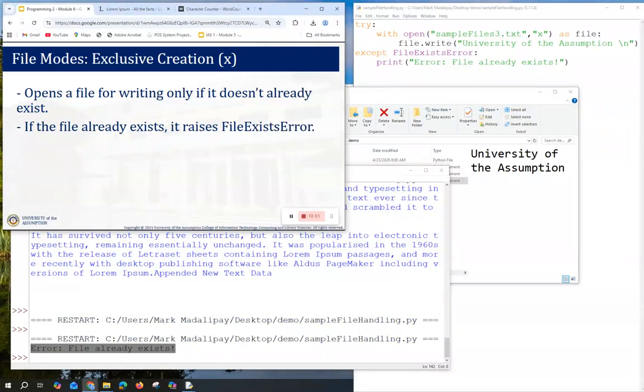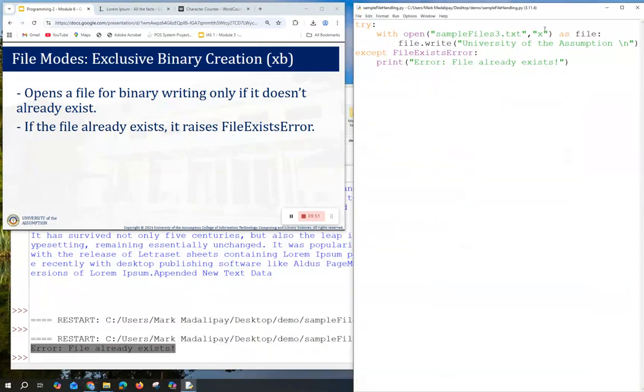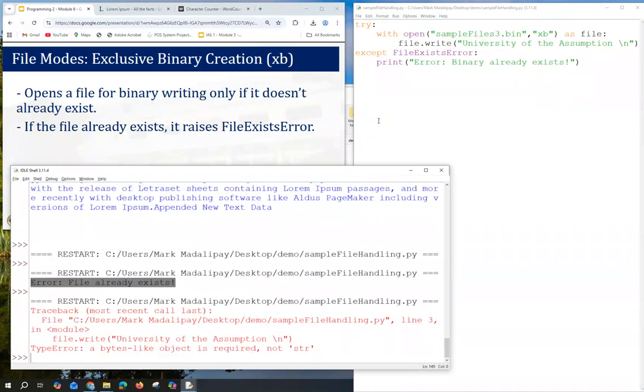Okay. Next, we can also do this with our binary. So XB, .bin, binary already exists. Save, F5.